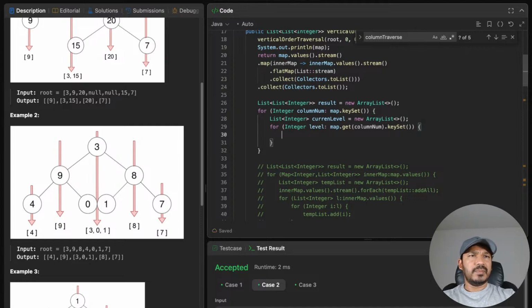Okay, not current level, current column. And then whatever we traverse level by level, we will just add it to the current columns. So current column values dot add